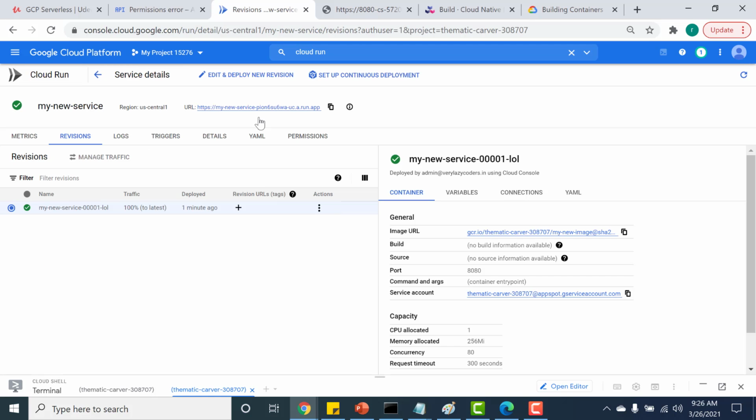Okay, now my Cloud Run app is up. I'll just run this URL. You can see that this application is up. That's how you create your Cloud Run application using the buildpack. In these two lectures, I have shown you how to create your container images using both a Dockerfile as well as buildpacks, and how you can upload them into the container registry and make them work with Cloud Run. I hope these lectures were useful.